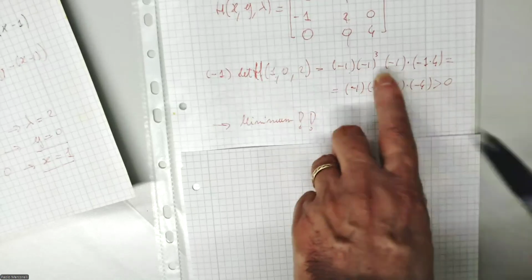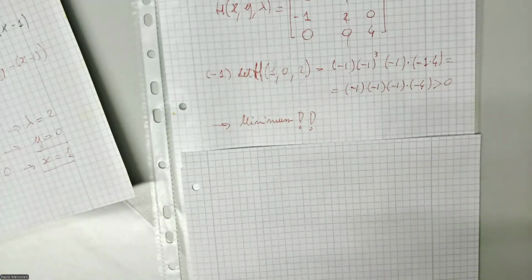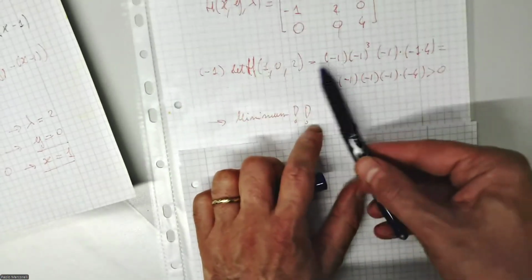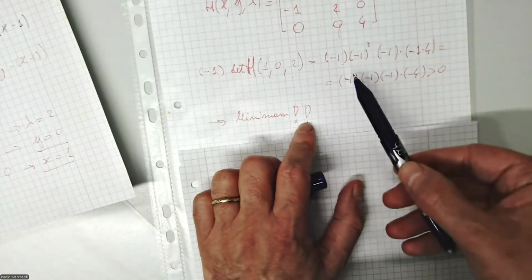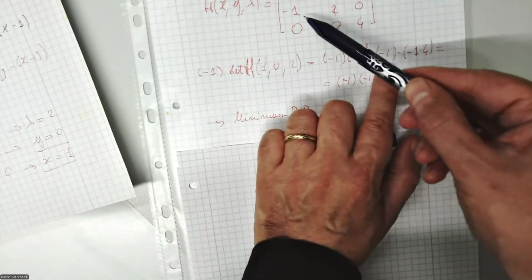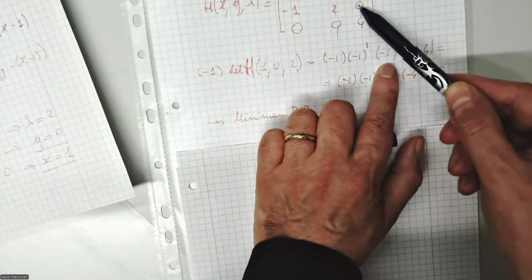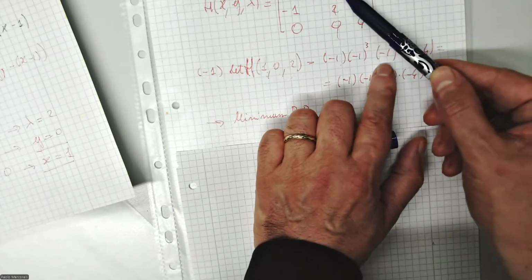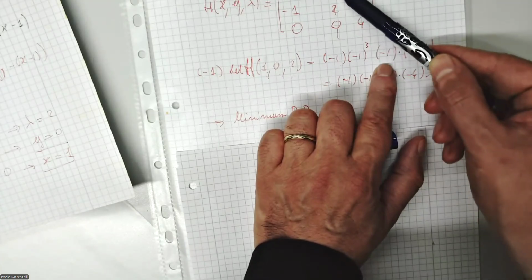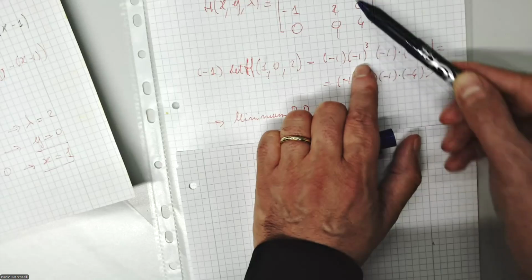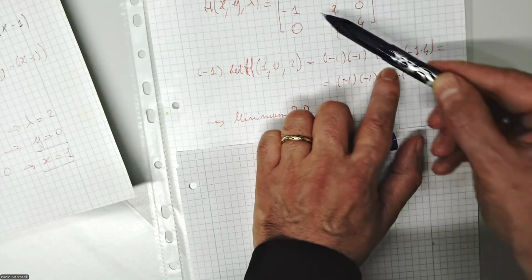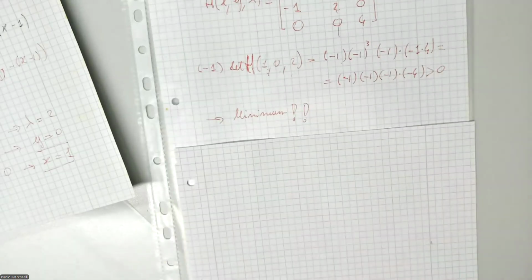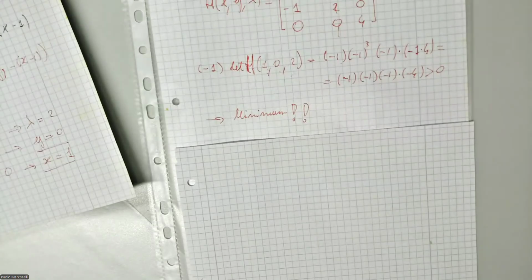Let me see, I see mistakes. No, it's correct. Let me see, I don't see any. This is here, -1 up to 3. This is correct, because I have this multiplied by this minus this multiplied by this. I didn't put -0. This -1 is this element here. This -1 is fixed, up to 1 plus 2. This element here is this minus this, and I didn't put here -0 multiplied by 0. I don't need it. The calculation, if I do it all together, is positive because it's +4,